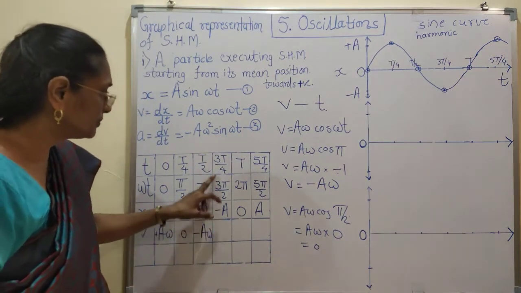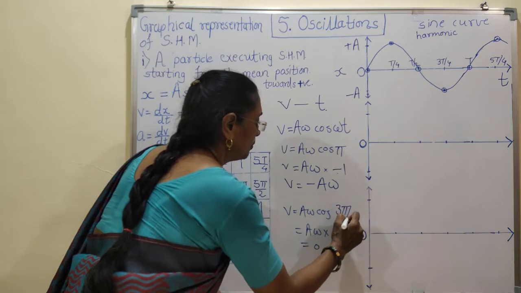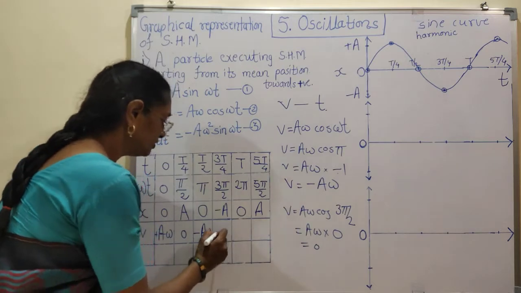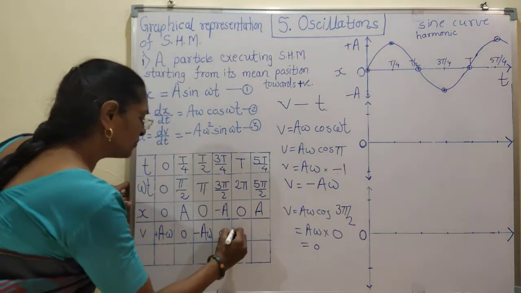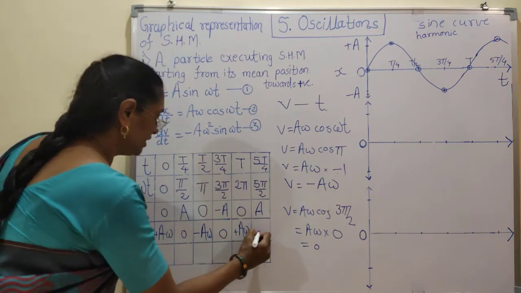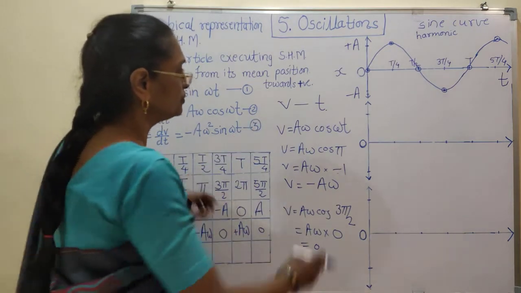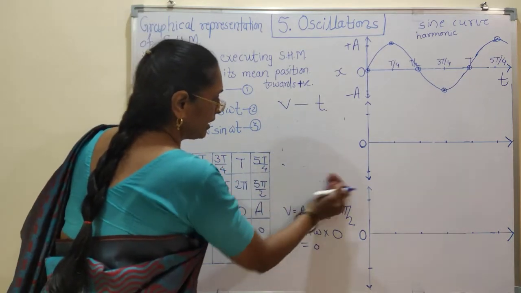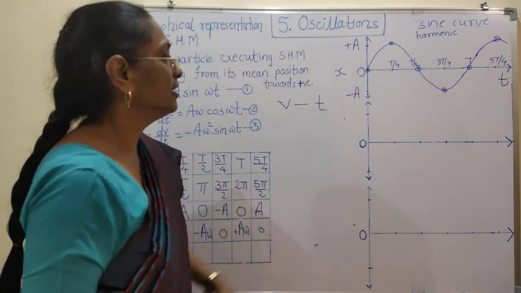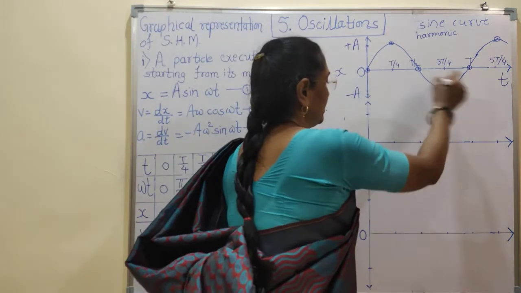Now the next value is 3 pi by 2 for omega t. Cos 3 pi by 2 is again 0. We get here 0. In cyclic order, we write the next value as plus a omega. And the next value is again 0. So once we know such simple calculations, we now have the values of velocity as well as time intervals. Those time intervals we again write as written for the x-t graph.